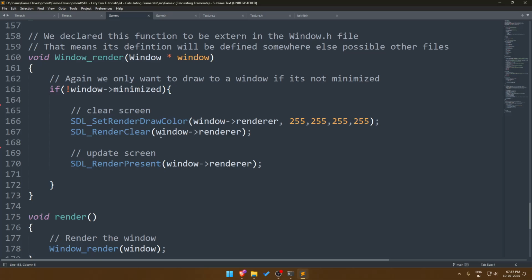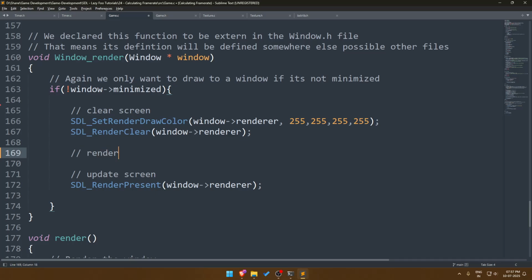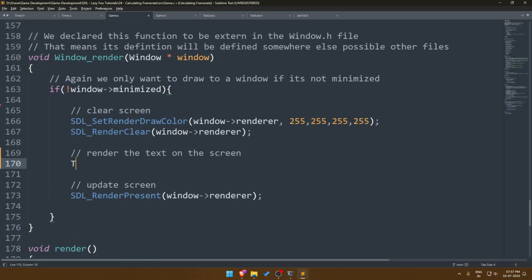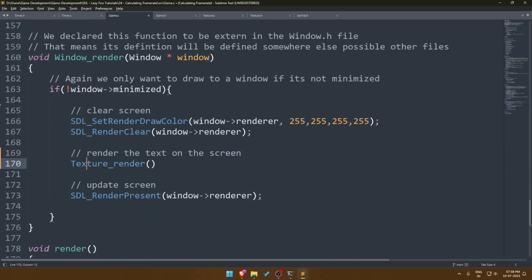Then render the text on the screen. So I go text underscore render. Okay, so texture, window, X and Y, and a clip. So this is FPS text